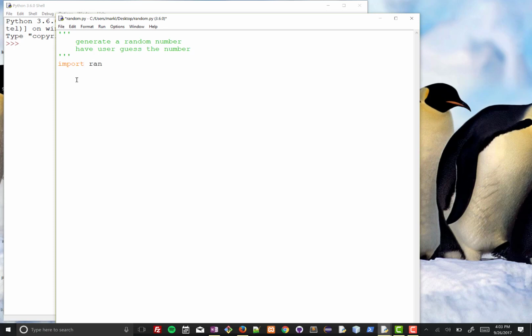import random. What we're doing here is, there are things that come with Python that are standard, like when we do input. Input is something we just have access to. But there's lots of code that has been written for us that we don't have access to immediately, but would like to utilize. In other words, somebody wrote some code that generates a random number, and if we simply write the word import, we're going to tell the Python interpreter where to find that